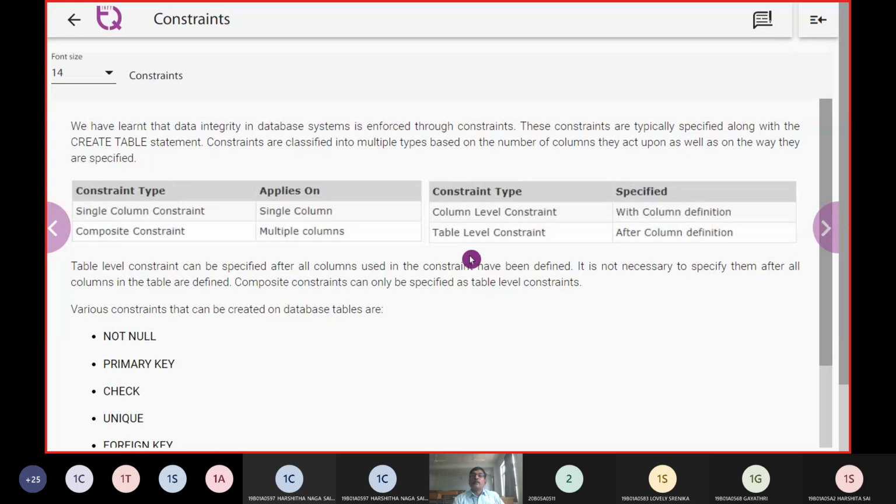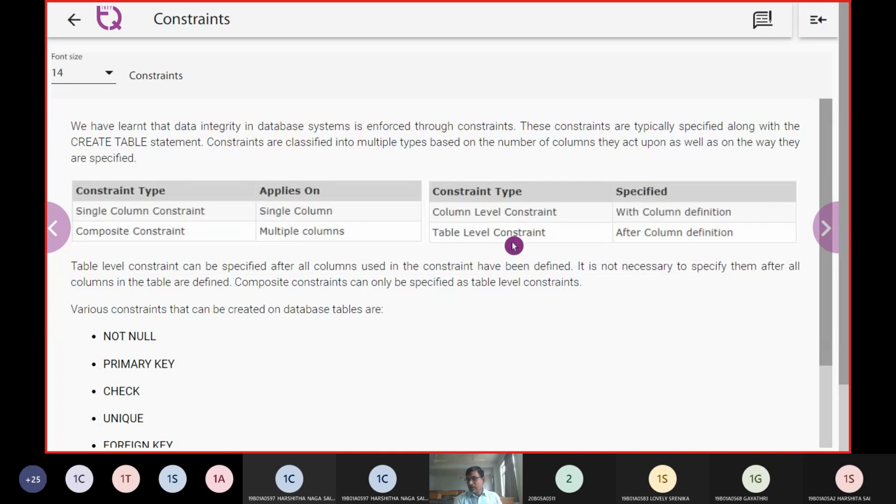And then we have the column level constraint. Just now we discussed the ID, it is going to be a primary key, and there we have given a name to it. So it is applicable only to that specific column, that it is not null, like we mentioned in the previous slide. So we call the item a column level constraint, and that is specified within the column only. Next comes the table level constraint.